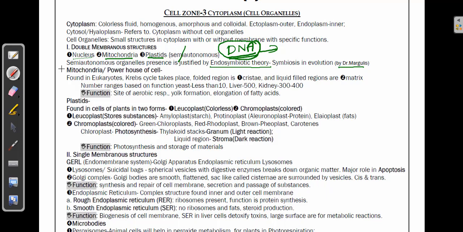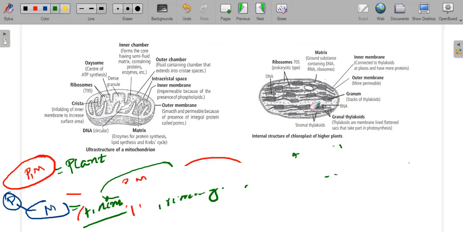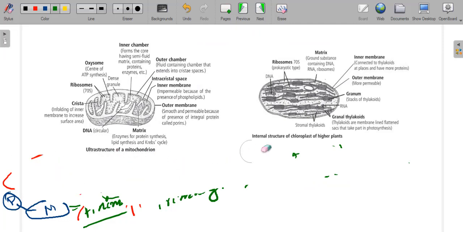Next we'll look at the mitochondria, the first double membranous structure. The mitochondria is also called the powerhouse of the cell. It is found in eukaryotes, not found in the prokaryotes, and here you can see there is a specific cycle of events that takes place called the Krebs cycle. Now we can come back to the illustration here. If you look at the illustration, you can find out